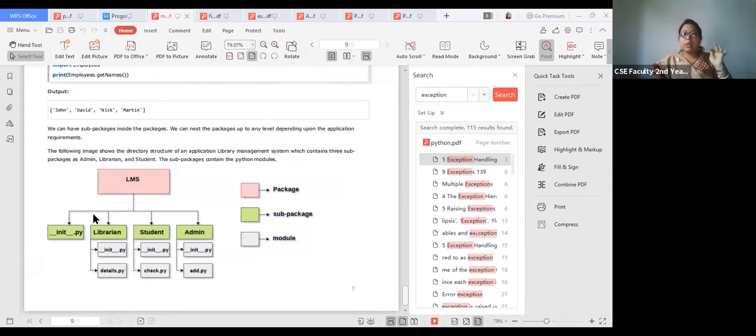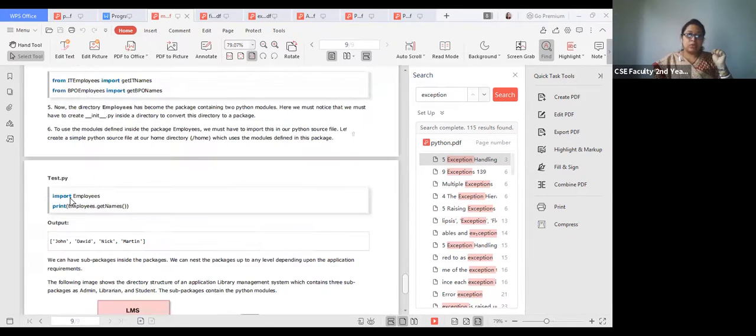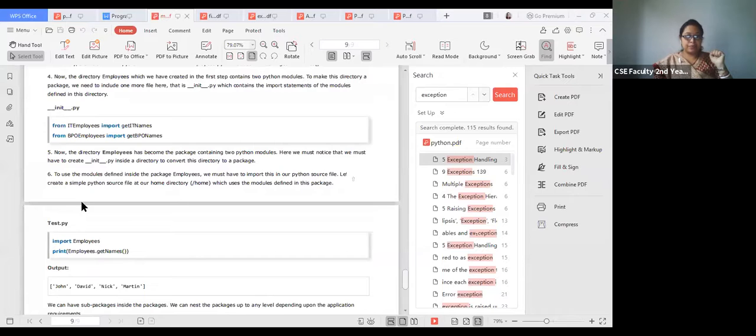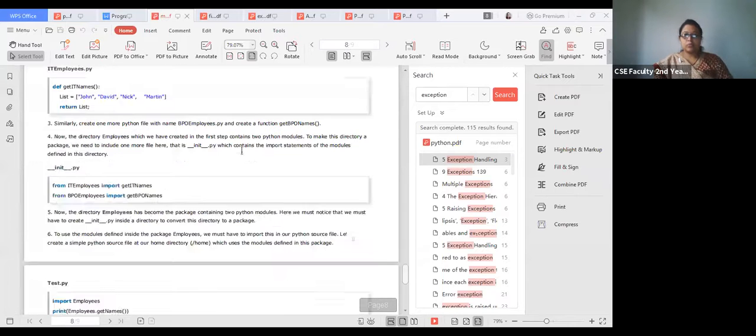Suppose you are using add.py, in that case you have to import the package LMS. If you don't import LMS, you cannot use add.py. Okay, so this is the package I'm showing you. I will stop sharing and share my whole screen so that you can see.